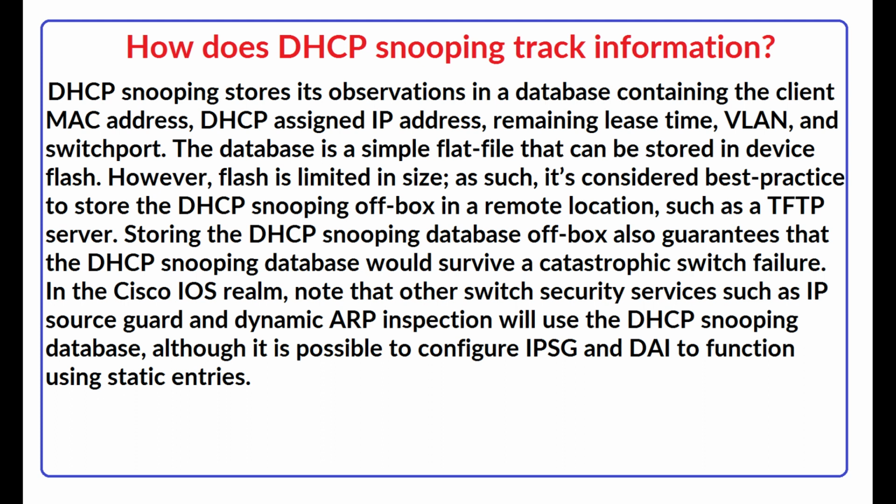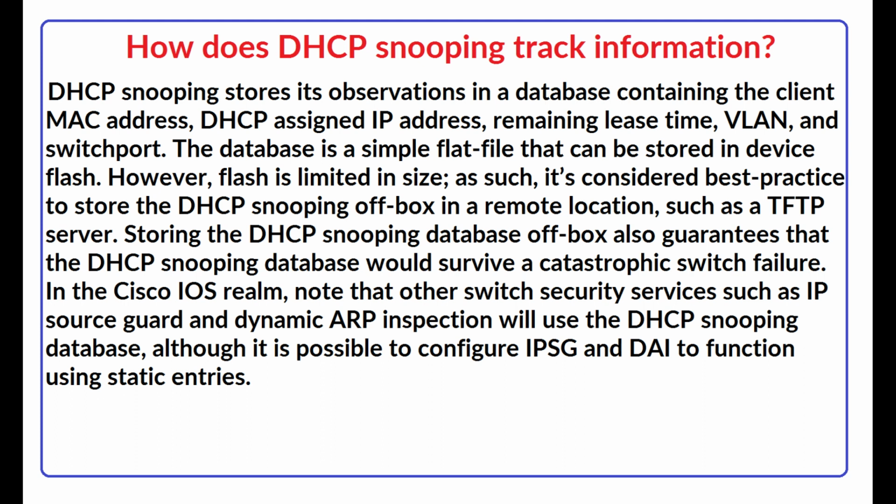DHCP snooping stores its observations in a database containing the client MAC address, DHCP assigned IP address, remaining lease time, VLAN, and switch port. The database is a simple flat file that can be stored in device flash. However, flash is limited in size. As such, it's considered best practice to store the DHCP snooping database off box in a remote location, such as a TFTP server. Storing the DHCP snooping database off box also guarantees that it would survive a catastrophic